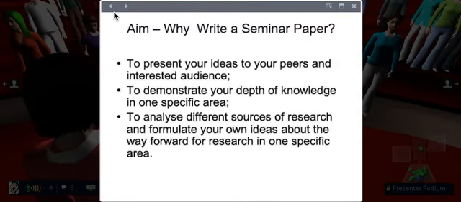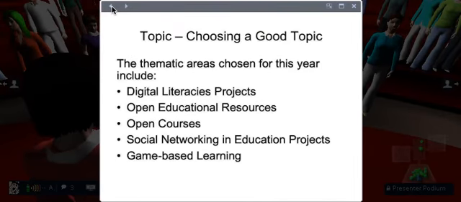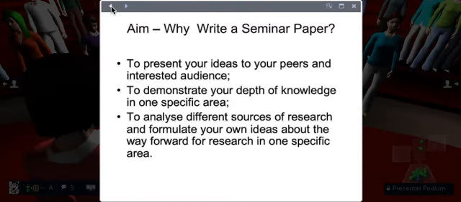In this specific context in ILT there are so many topics to discuss that sometimes we just scratch the surface, and it is worth the while for people like you, for students, for teachers, to do your own digging, do your own research, to go more in depth in one specific area, and then to be able to analyze different sources of research and formulate your own ideas about how such research should be conducted.